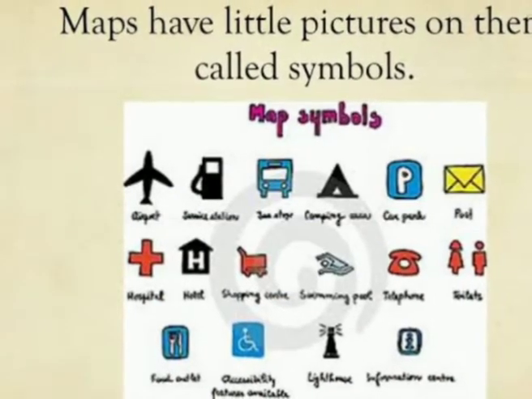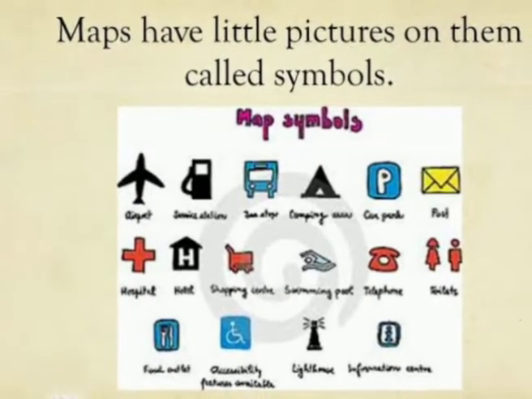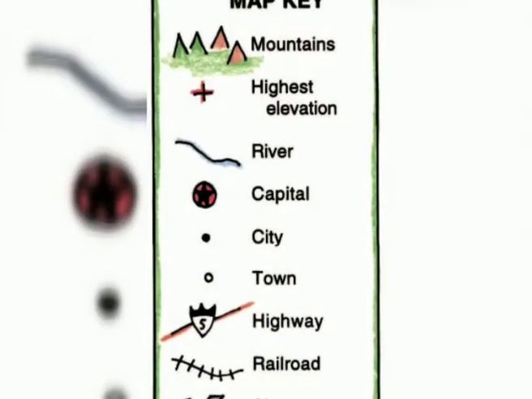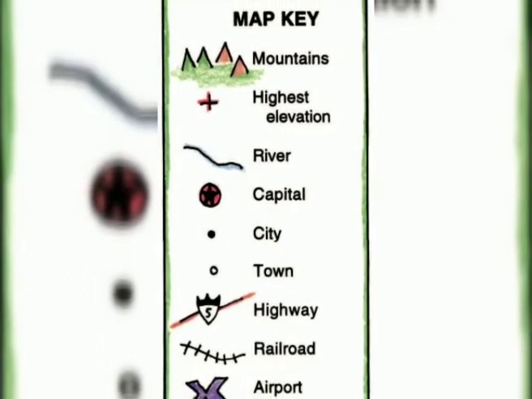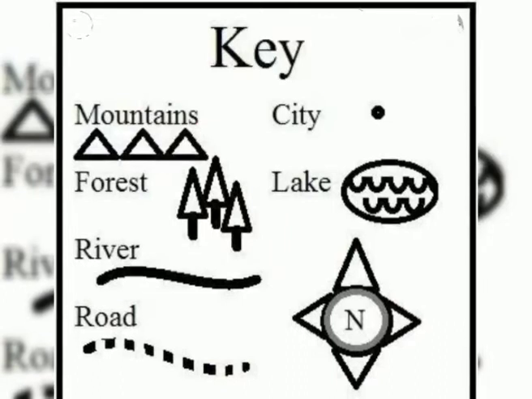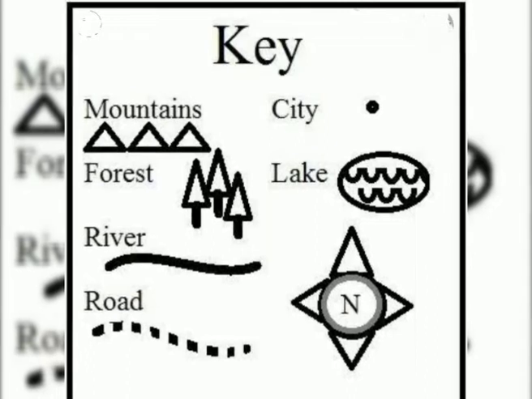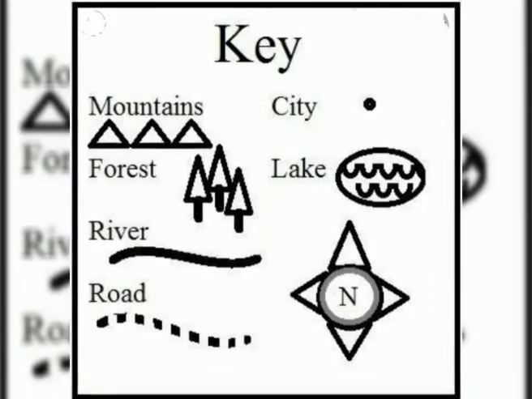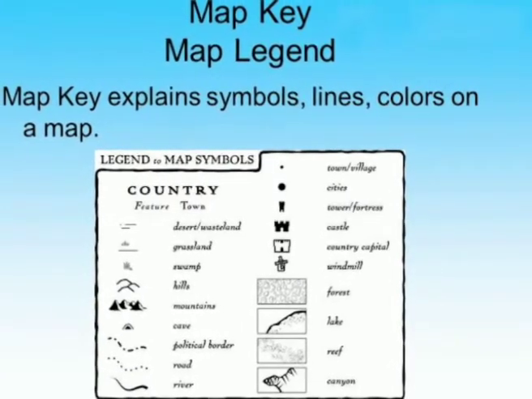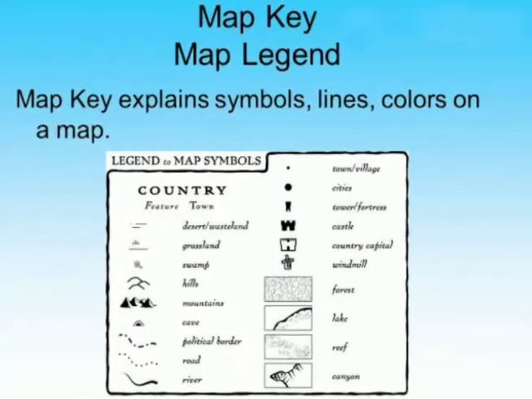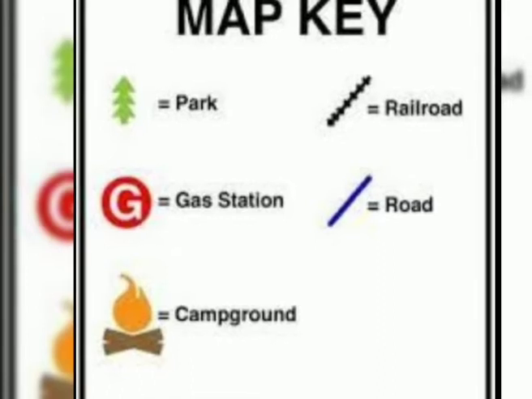Let's move towards the third important component of a map, that is symbol. Symbols are very important in any map, as it is not possible to draw on a map the actual shape and size of different features such as buildings, roads, bridges, trees, railway lines or a well. So they are shown by using certain letters, shapes, colors, pictures and lines. These symbols give a lot of information in a limited space. With the use of these symbols, a map can be drawn easily and is simple to read.